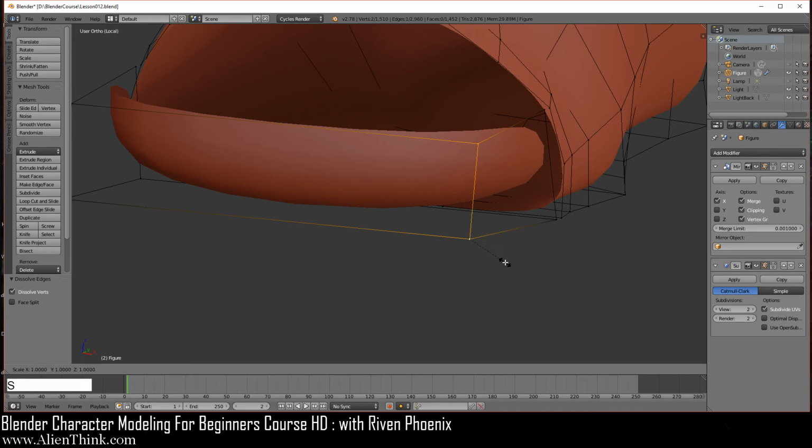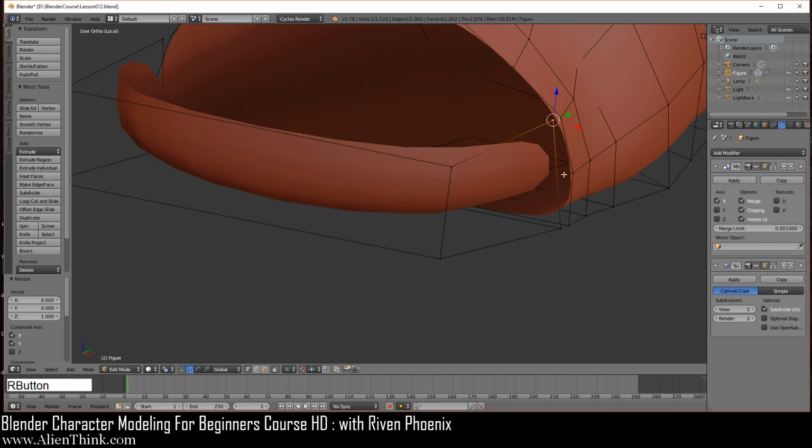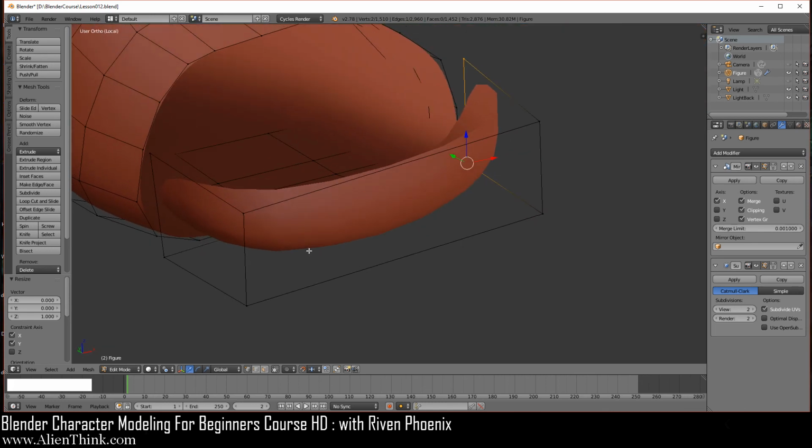Now if you do S and do Shift Z, you press the 0 key and press enter. So same thing over here. I'm going to click on this vertex, shift key down, and then this one, make this the active element. Press S to scale. I'm going to press Shift Z, meaning don't scale in the Z, only scale on the Y and X. And if I press 0, you'll see that it just becomes perfectly vertical based on this vertex over here. So let's do the same thing for these guys over here.